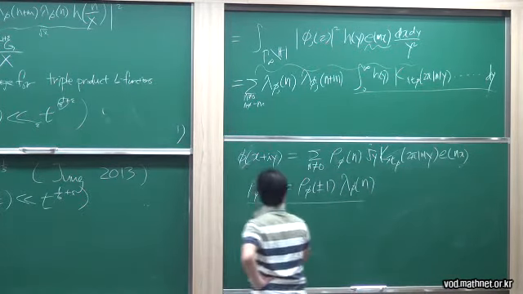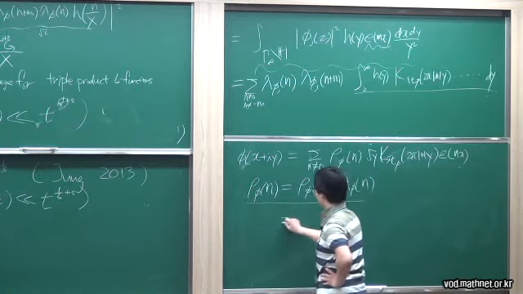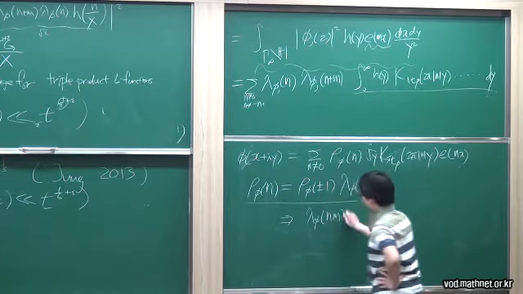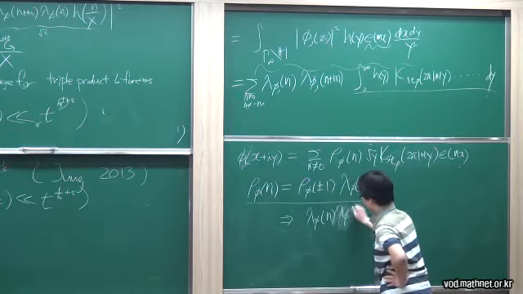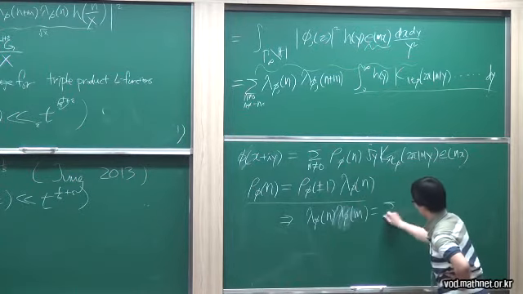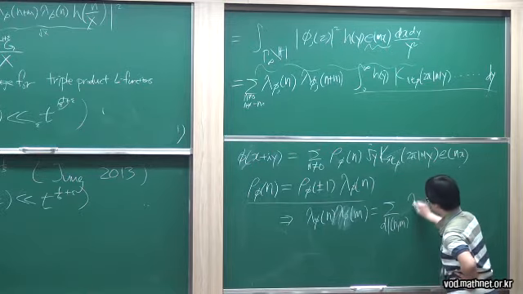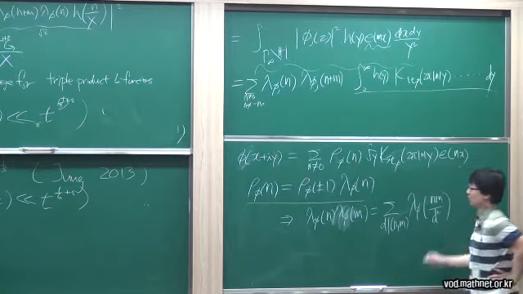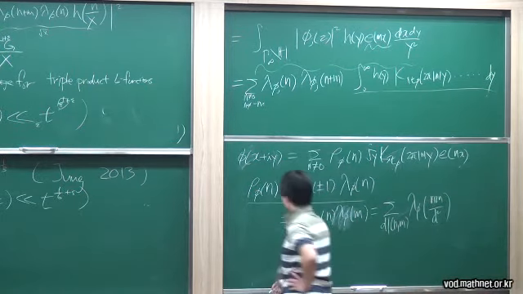And then the second thing, and also from this you have this Hecke relation. And this is a very critical input in the study of Maass forms. And the second input is